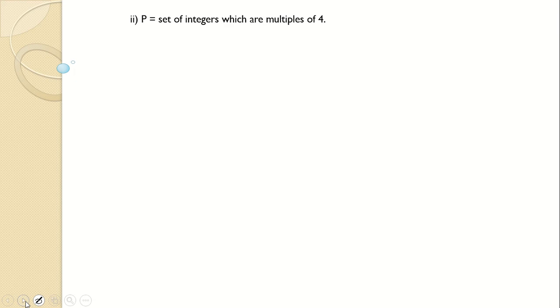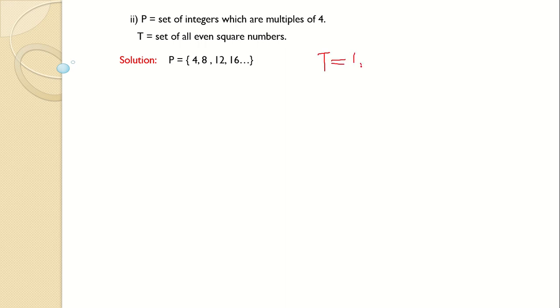Next sum. P is the set of integers which are multiples of 4 and T is the set of all even square numbers. First, the set of integers which are multiples of 4 is understood, so the table of 4 is going to be there. Set of even square numbers: what does that mean? If we write squares, 1 square is 1, 2 square is 4, 3 square is 9, 4 square is 16, 5 square is 25,